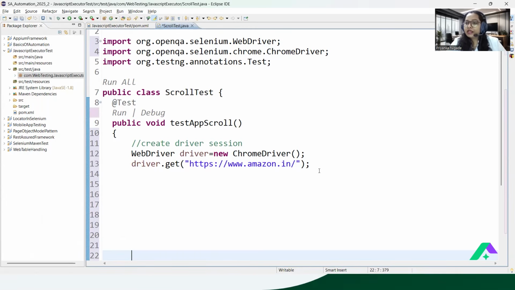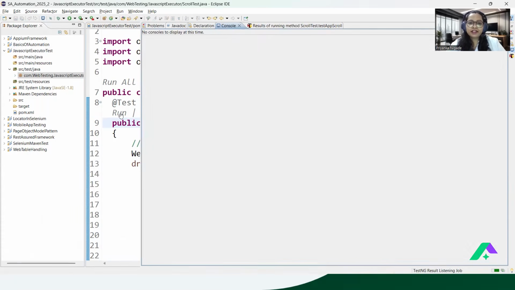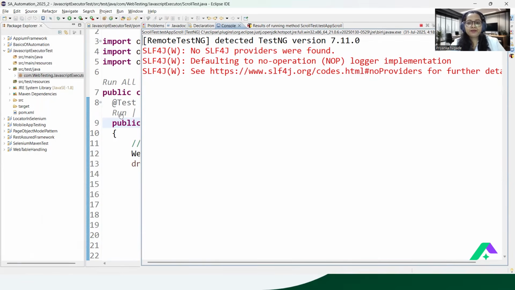Agree? So nowadays Cypress and Playwright are the tools which are very popular, and the JavaScript language is very popular. For that we always use a Node.js environment. So through Node.js you can set up Cypress, Playwright, and there you are able to test your application. Coming to Selenium, I want to run my application within a browser, correct? So absolutely, we have to open the browser. So this is the first step we have done. We open the browser, we open this application and this will work. If you run this, you can see the output. You will be able to see that the Amazon page will definitely open and you will see that particular application inside the browser.